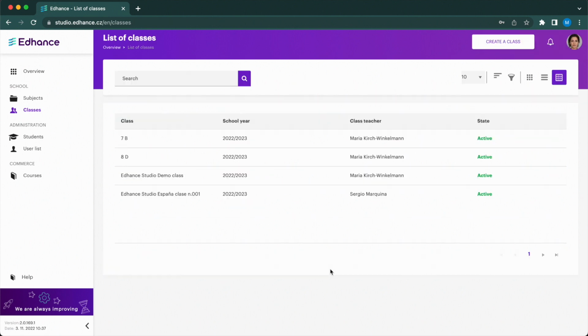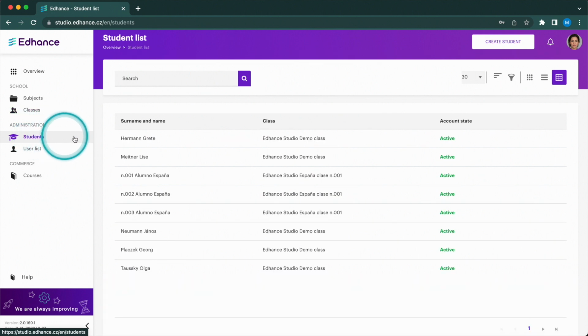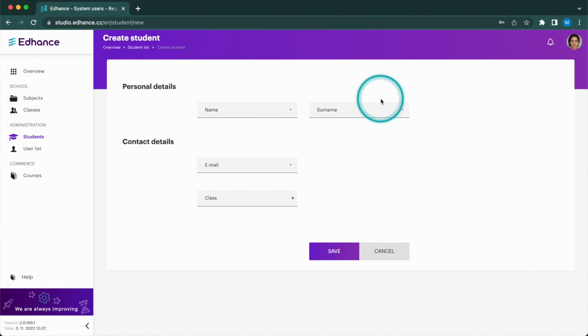And now, we'll show you how to add students. There are two ways to do this. The first way is through the Students button on the left panel. In the Student Overview window, you can see the Create Student button in the top right corner of the top bar. When you click on this button, a window appears where you can fill in the student's personal and contact